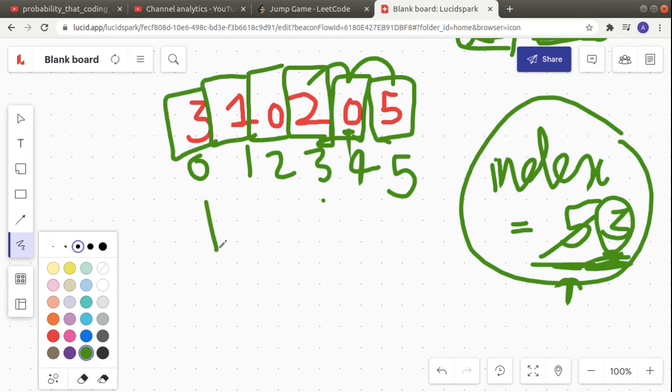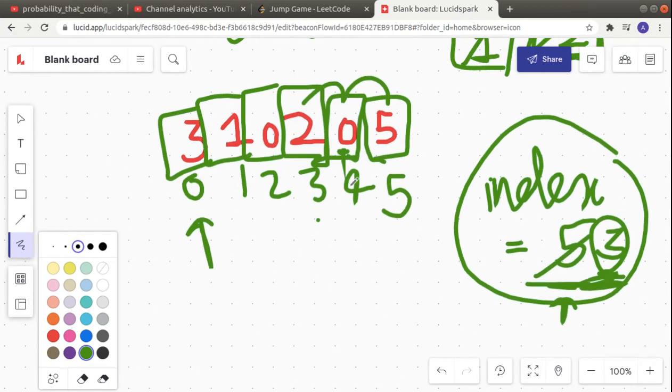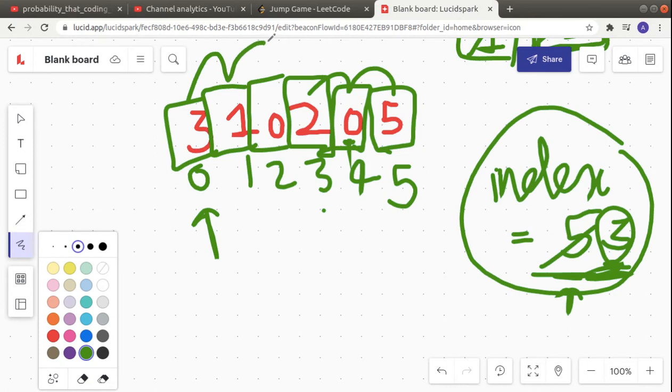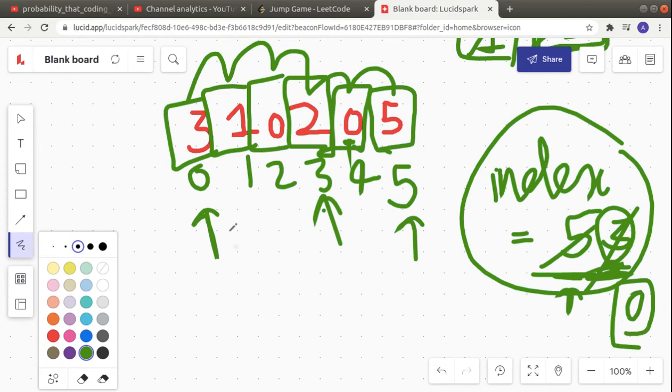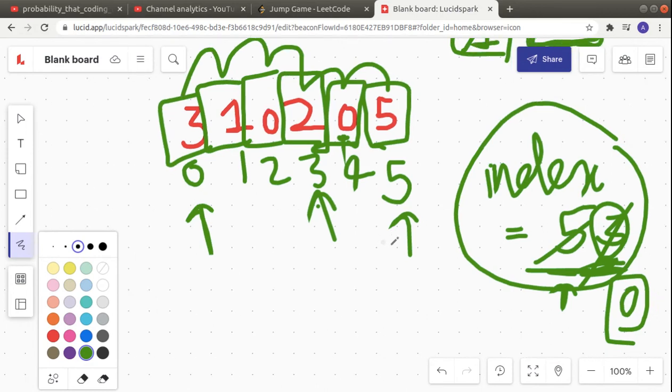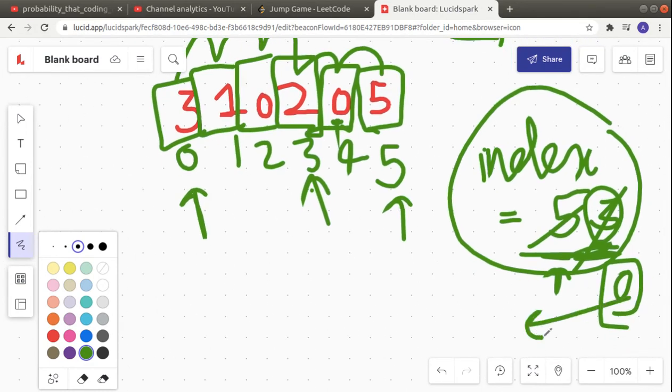Okay, let's go to index number 0. So that is having a value of 3. So what this means is, now we can take 3 steps. So we can take 3 steps to reach index number 3. You can see that if we take 3 steps from index number 0, you will be able to reach index number 3, and from index number 3 you will be able to anyway reach the last index which we want to reach. So now our index changes finally again to 0. So if you are able to reach the 0th step, that means you will be able to reach the third index, and then from third index you will be able to reach the fifth index. So index is finally 0. So again we have to return true in this case.